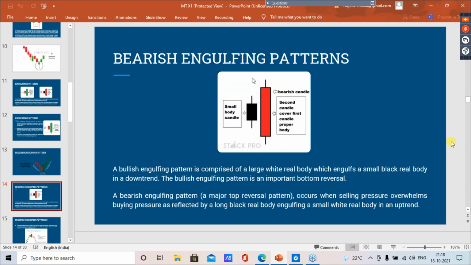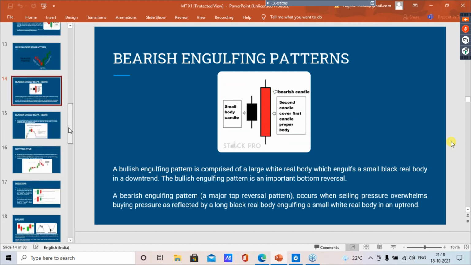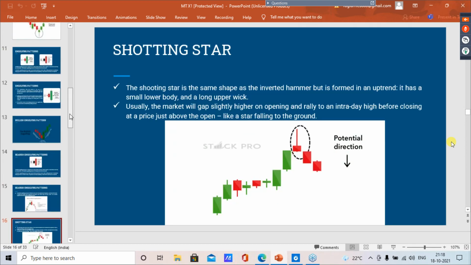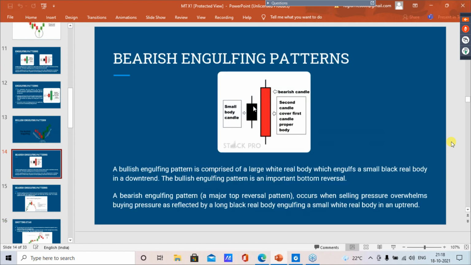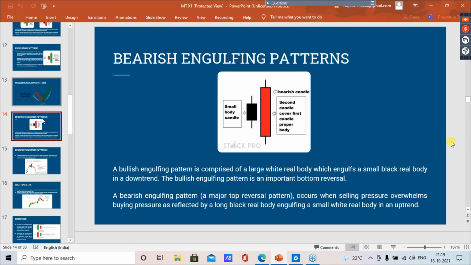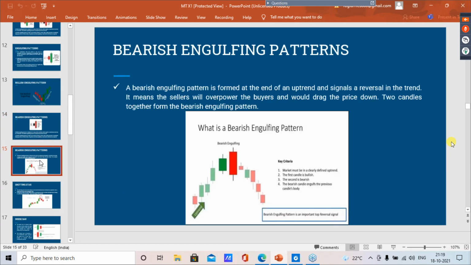Likewise, we have bearish engulfing. This will work beautifully like a shooting star or an inverted hammer, just that rather than a single candle, we are having two candles into consideration. We should have a small green candle and a large red candle, which is engulfing the previous candle's entire length. Okay, then the market will reverse. There should be an uptrend, and then we're going to get a bearish engulfing. After that, there will be a huge fall in the market.